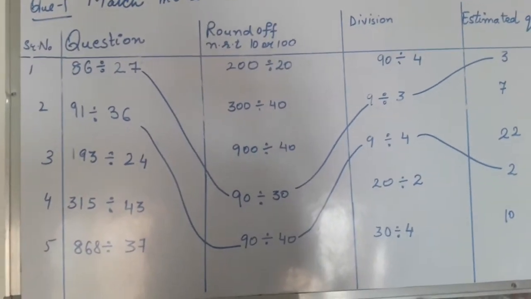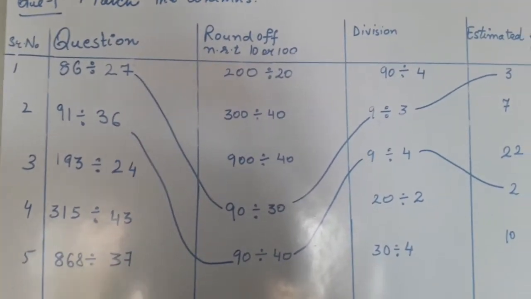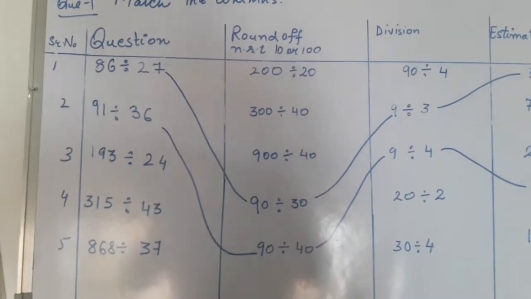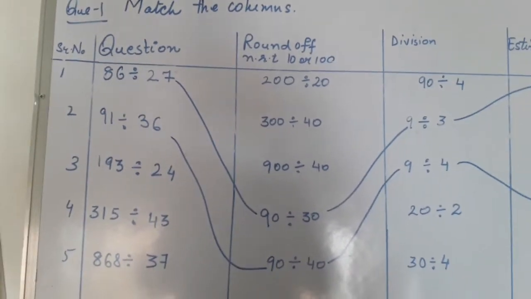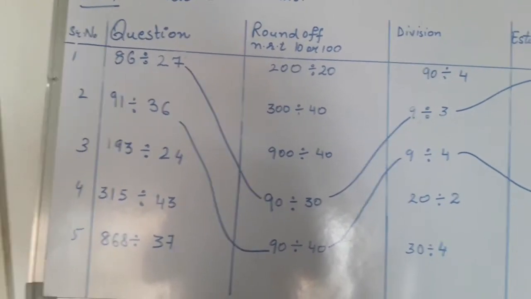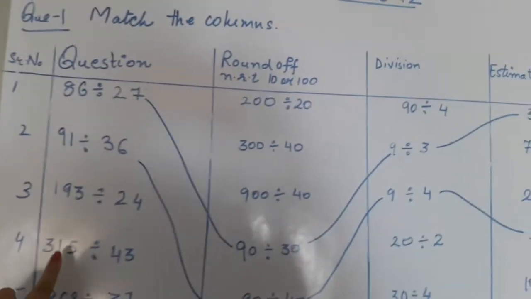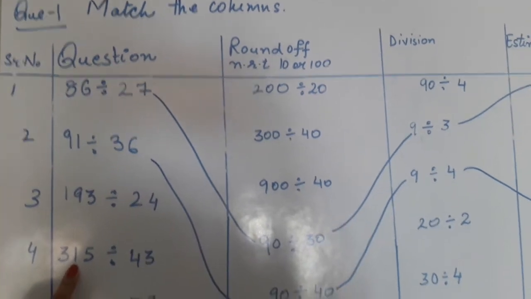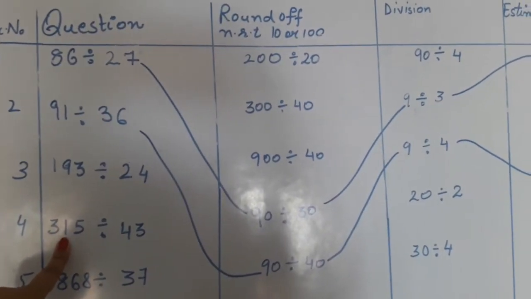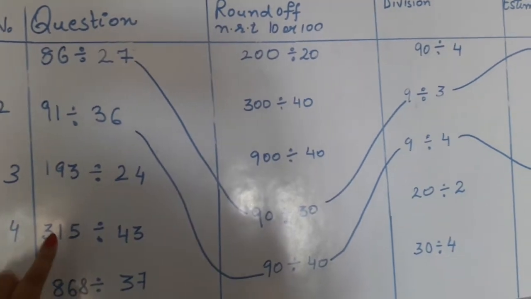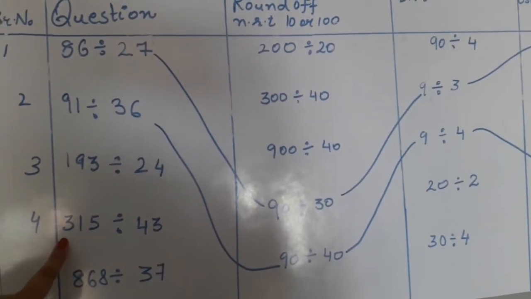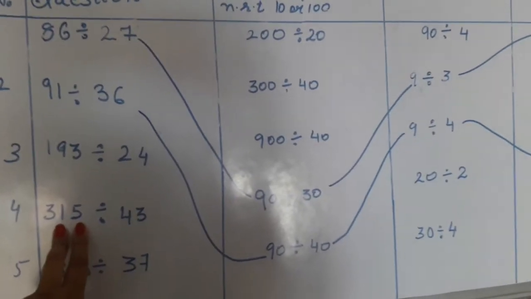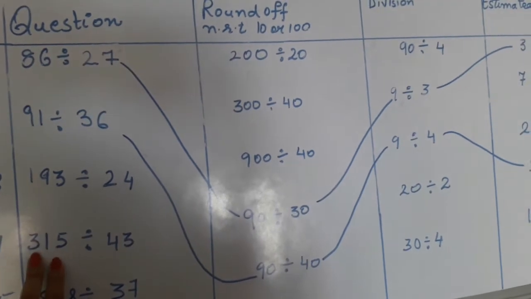193 divided by 24. Now I have to round it off nearest to 100. Now I am rounding it off nearest to 100, so I will check my place value of tens, right? So I will check the place value of tens. It is 1, which is again less than 5. So I will not add 1 to the 100 place. I just put 0 0 at ones and the tens place. So my number becomes 300.